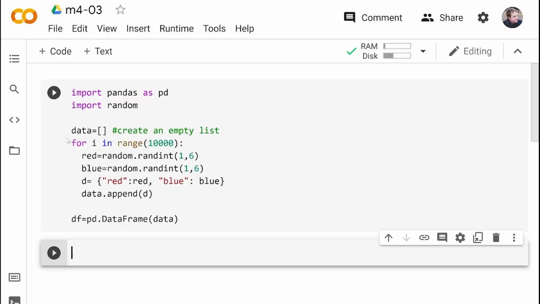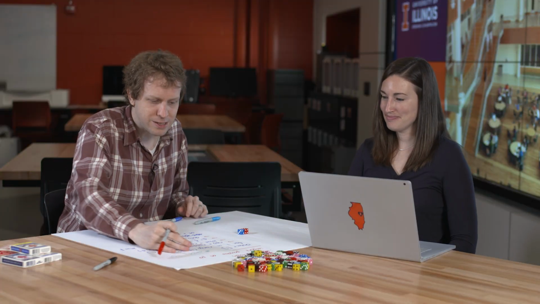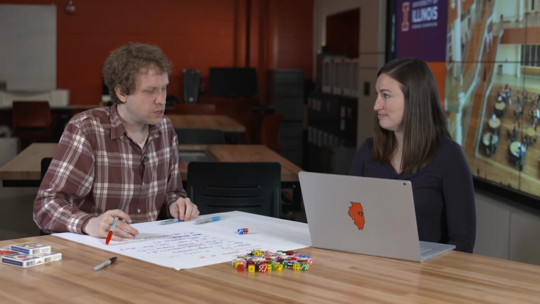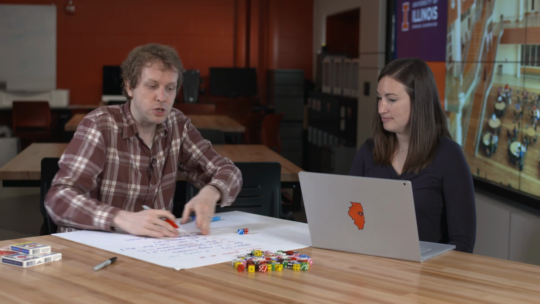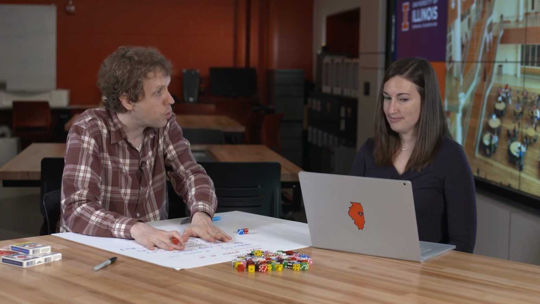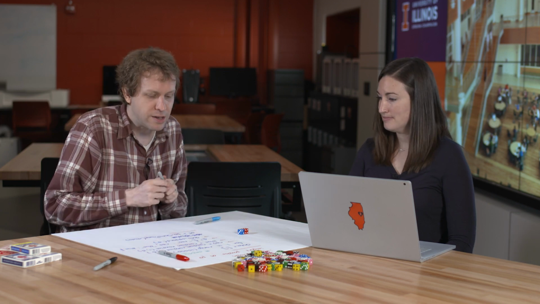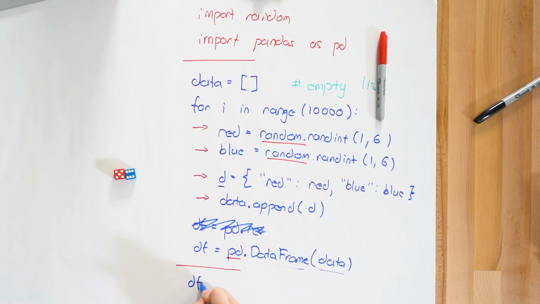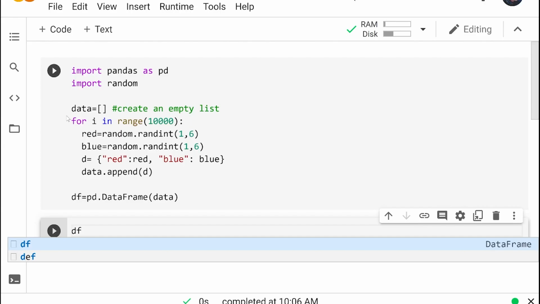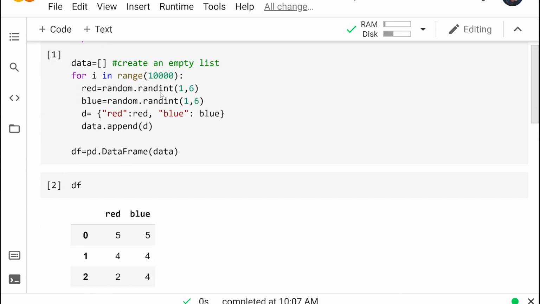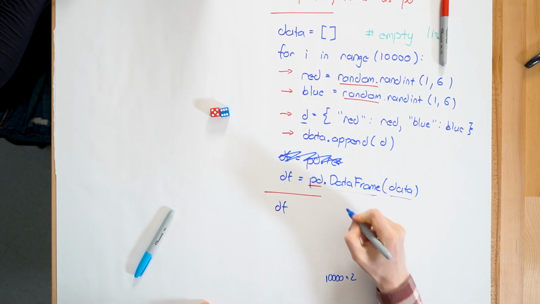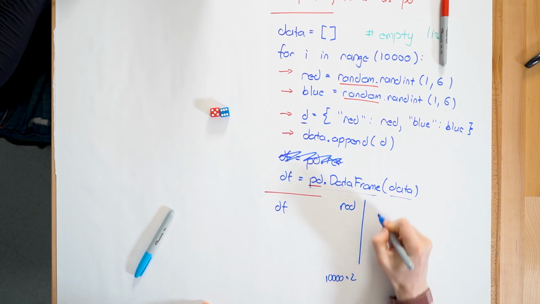Awesome. And what that means is it ran without any errors, but we didn't ask Python to actually print anything out. So what I always like to do is write the simulation in one block of code so I can always rerun this block when I want to resimulate results. And then in a second cell, let's actually see what's in the data frame. So let's type df, and we should see the contents of this data frame. It has 10,000 rows, 2 columns. The columns are labeled red and blue.